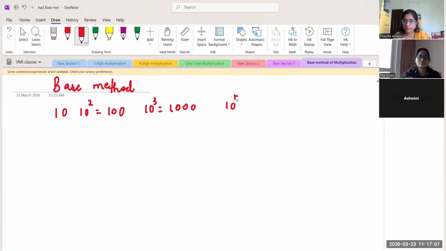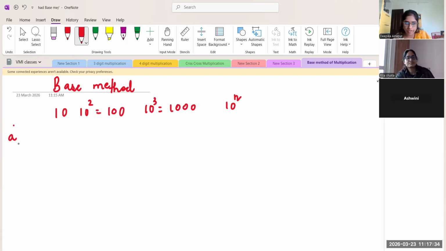That is 10 raised to n. Any base like 10 raised to n will be the base. This is the general way of taking the base. This is the easy one. We have other bases also which we will be discussing, and the same thing you can teach to the kids also. Right. Now, base 10 we have taken. First, there are some steps. You can make a note of these steps and start doing the problems.